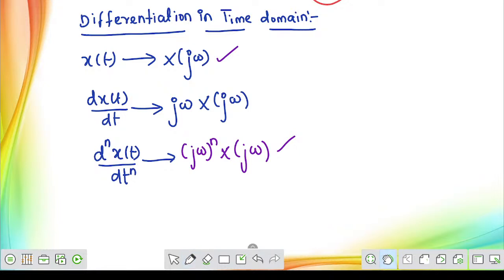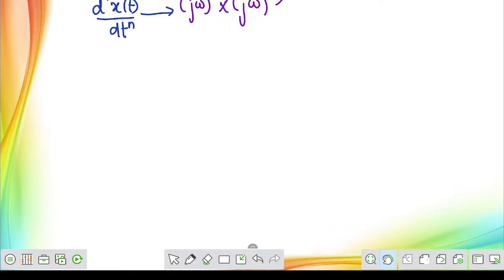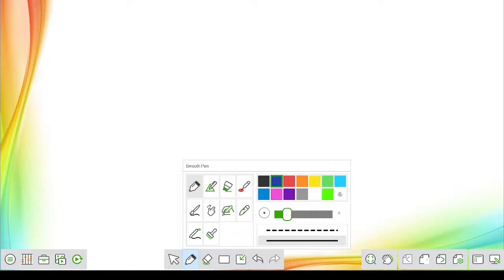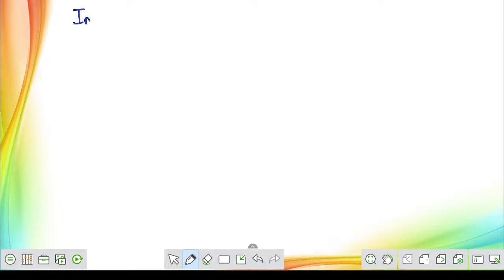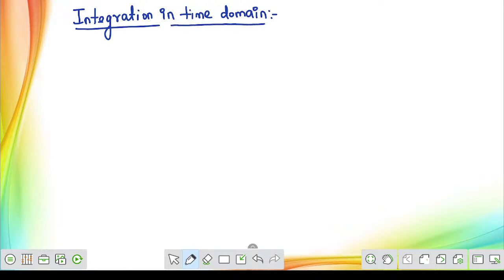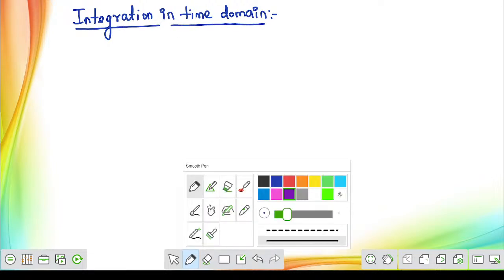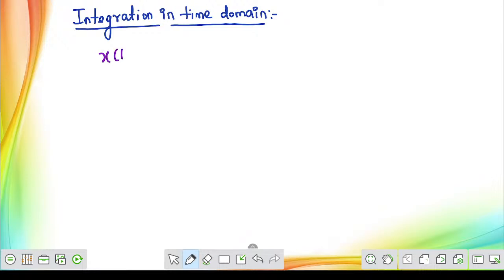The next one is the integration property. Differentiation is done. Next, integration in the time domain. See, what we are doing: integration in the time domain means if I have a signal x of t,